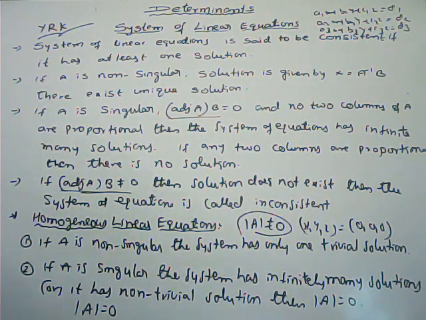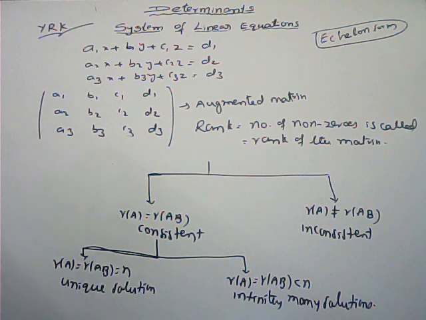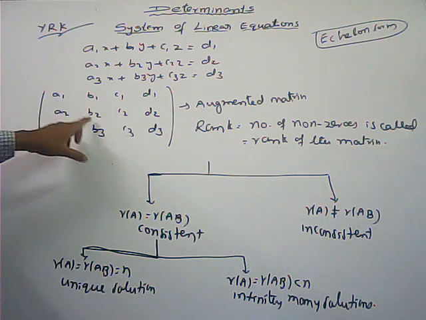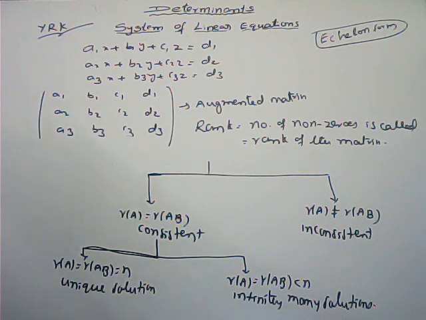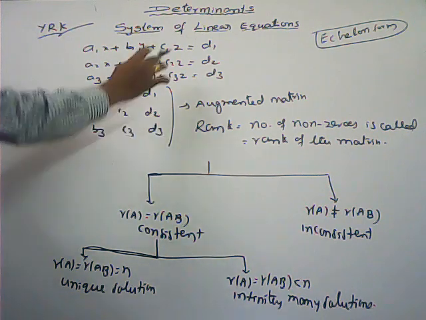Now here, how to know whether the system of equations has a unique solution, infinitely many solutions, or no solutions. Now we can discuss that. Here, three linear equations are given. How to solve? These are the coefficients only: A1, B1, C1, A2, B2, C2, A3, B3, C3. Those are the coefficients of x, y, z. Here D1, D2, D3 are the constants.